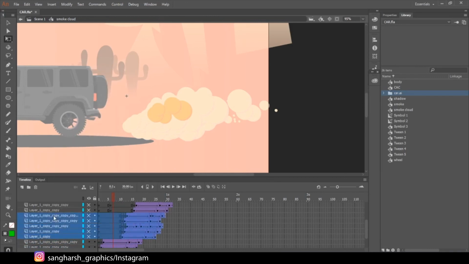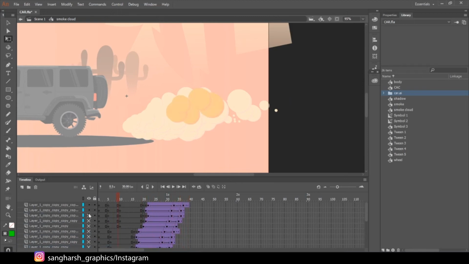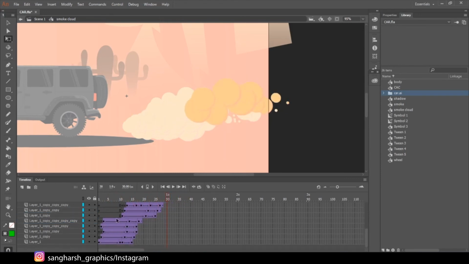So duplicate it and just drag it forward, do it 2 more times until it covers our last frame like this. So we have a smoke animation, just a little bit like this. We are not going to animate too many layers because it will make you go crazy and make the file heavy. So like this, just repeating the animation, I have done it.